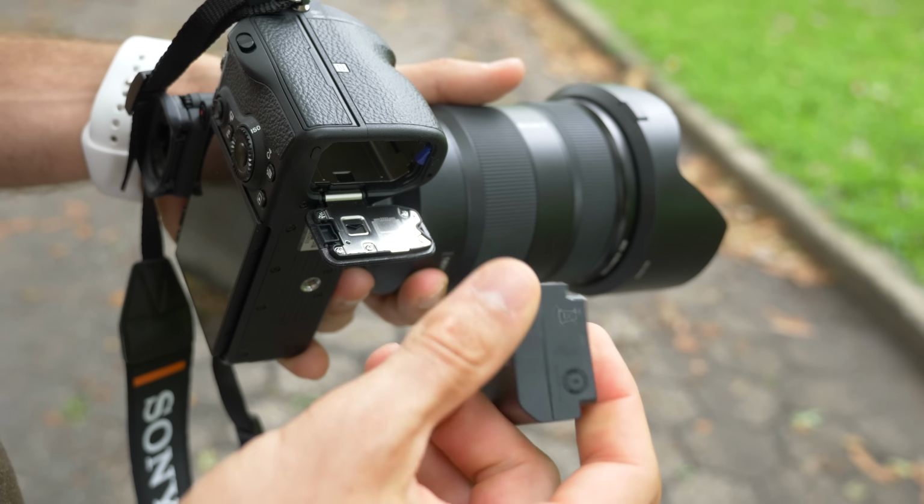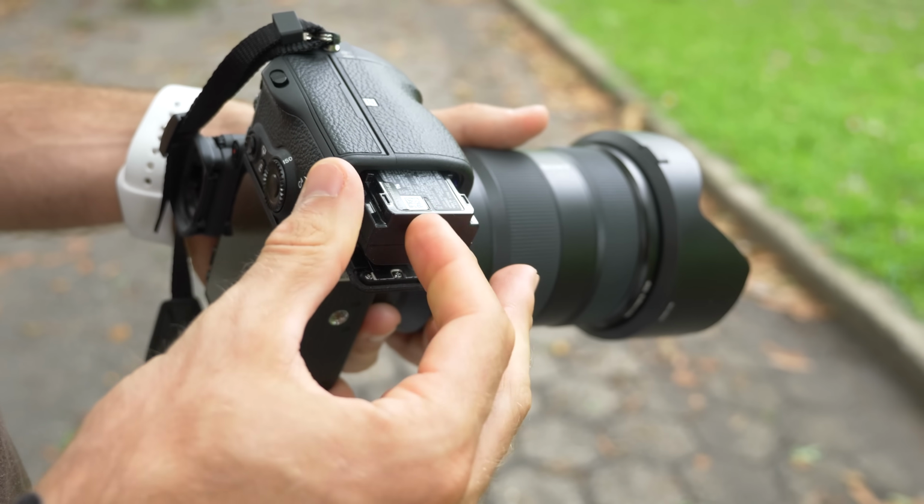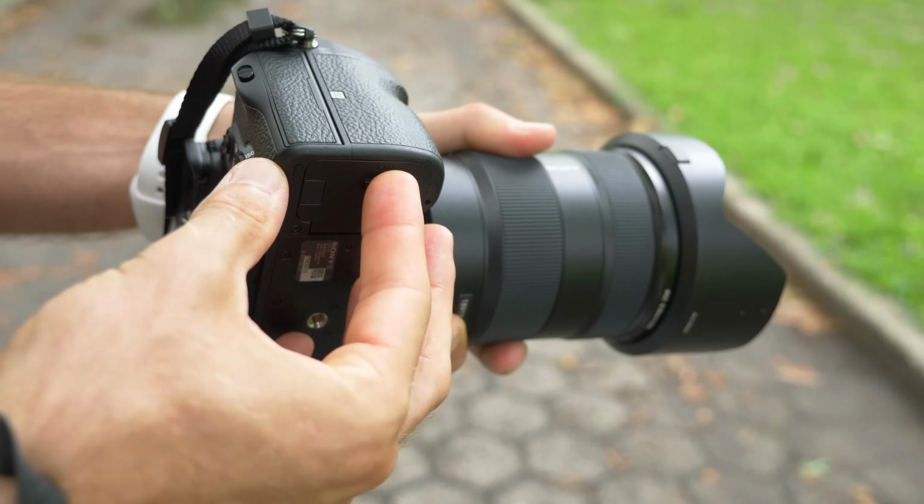Now, a few years ago was the last time I picked up a professional Sony camera, and one of my biggest complaints was the battery life. Those cameras back then would die so quickly, especially if I was shooting video. I'm happy to say that Sony has stepped up their game a little bit with this camera, but just keep